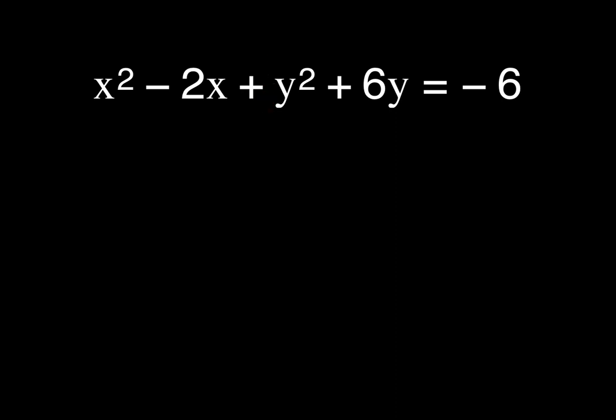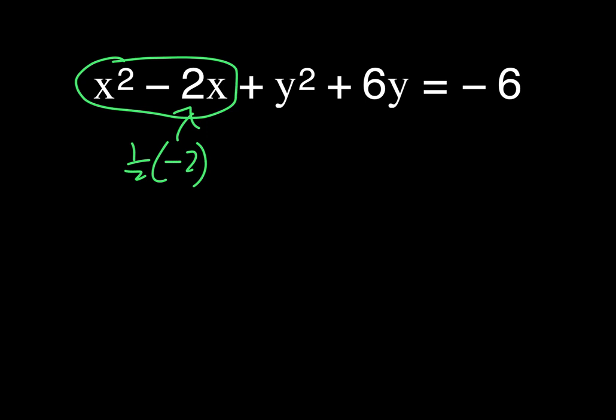All right. But we need to find the center of the circle. So what I'm going to do is first treat this like we did before with a parabola, and I'm going to complete the square on that part only. So I'm going to take half of b, so half of negative 2, and I'm going to square it. Half of negative 2 is negative 1. Squared